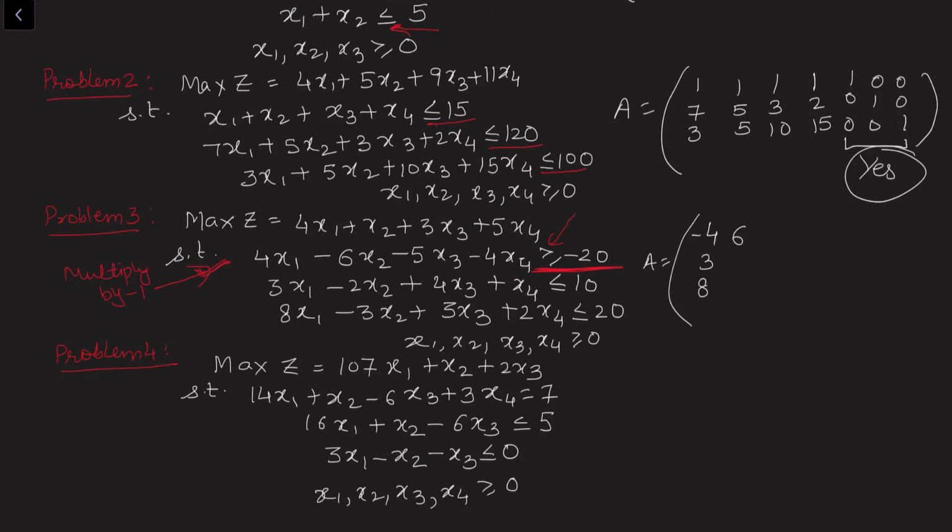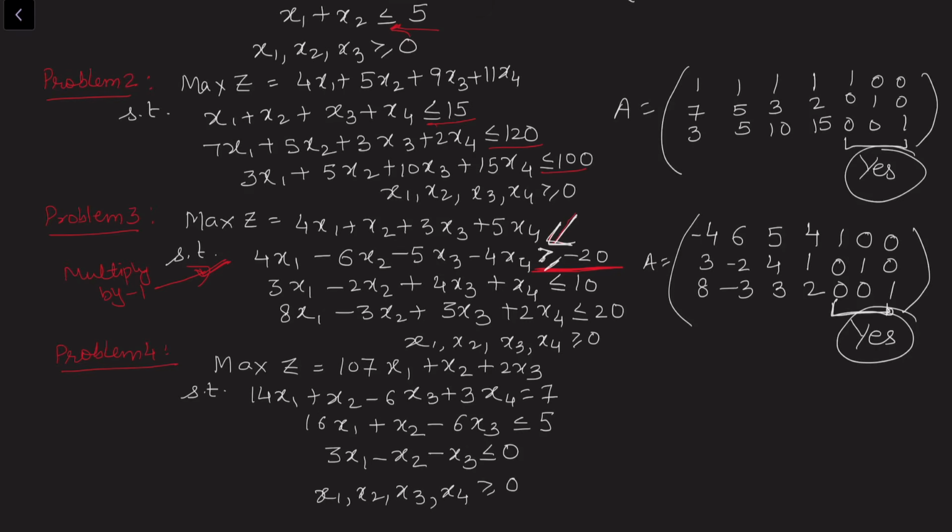Second is +6, -2, -3, then 5, 4, 3, then we got 4, 1, 2. In the first constraint we now have a slack variable, because the symbol greater than has turned into less than. So we have 1, 0, 0, then the second slack variable and third slack variable, and again we get a ready identity. So yes, we can start, and the reason we always have a ready identity is that xb is always our right hand side. So in this case xb will be this vector, so we always have the values greater than or equal to 0. So this is a ready BFS from which we can apply the simplex method.